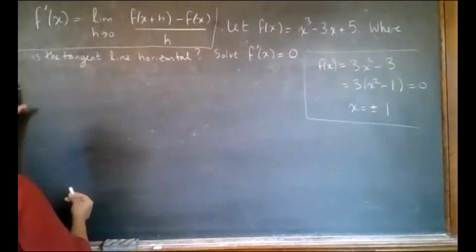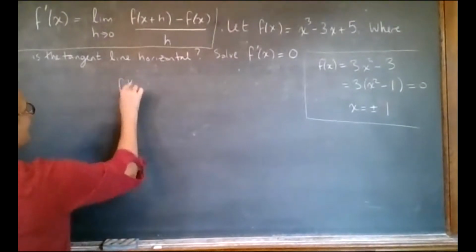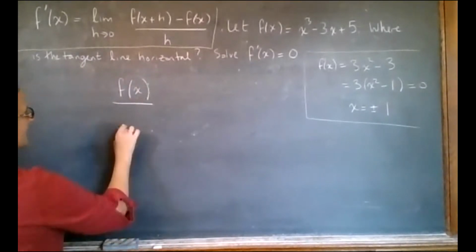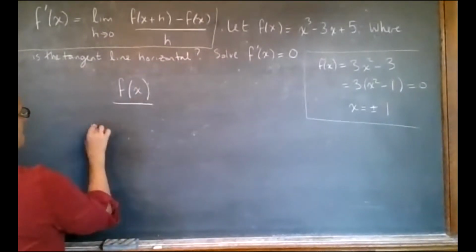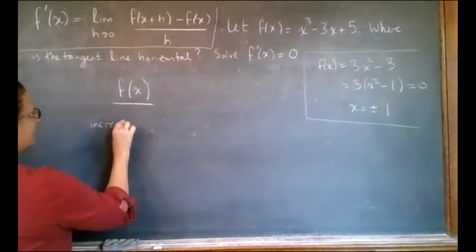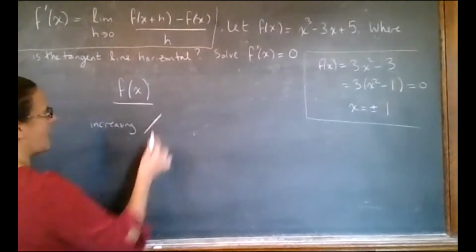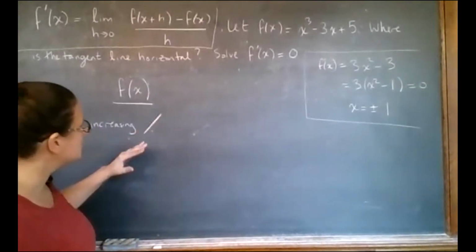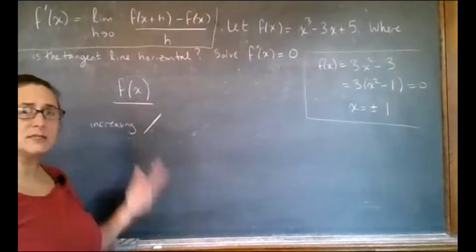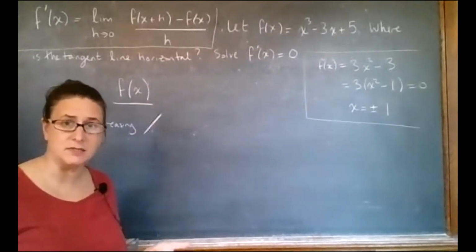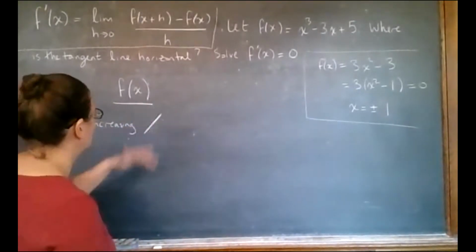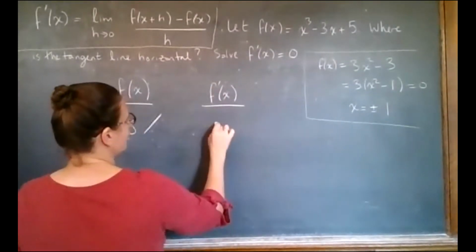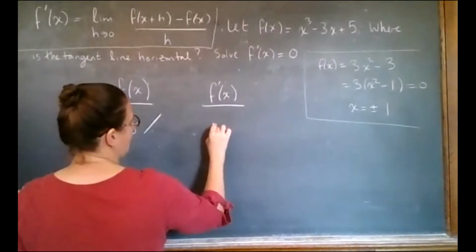Now, if I've got an original graph, f of x, and it's increasing, that kind of means it's going up like this. So if I look at the slope when it's increasing, that slope is going to be positive. This is a positive slope line. So then my derivative is going to be greater than 0,